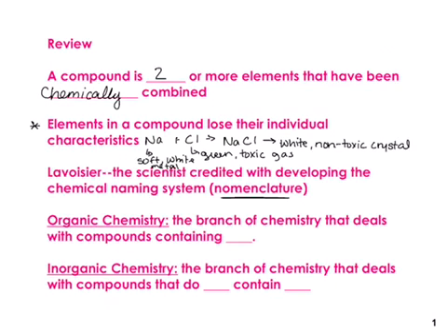So we have organic chemistry and inorganic. Organic chemistry is the branch of chemistry that deals with compounds containing carbon, and inorganic chemistry deals with compounds that do not contain carbon. And so most of the ones we're going to look at today are going to be dealing with inorganic